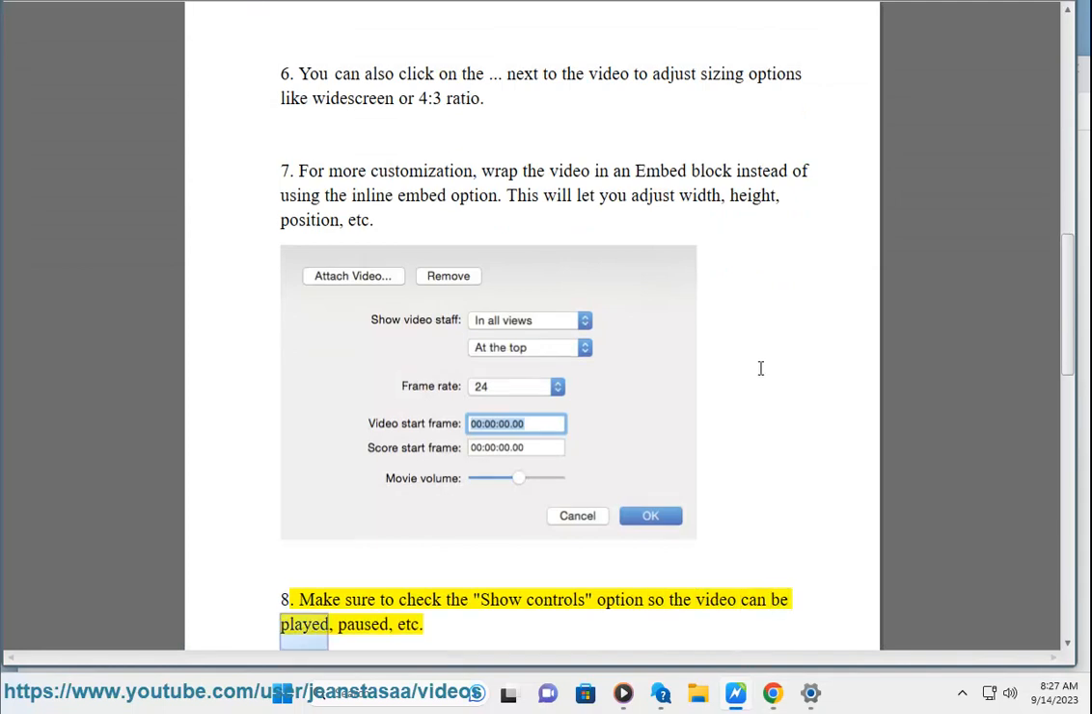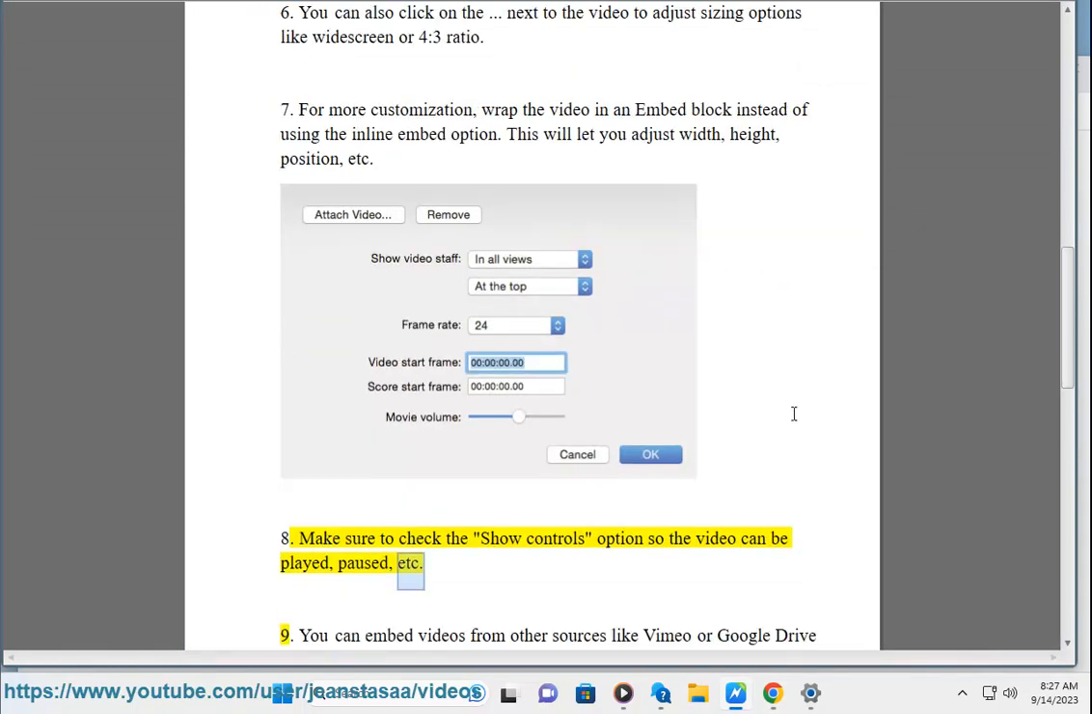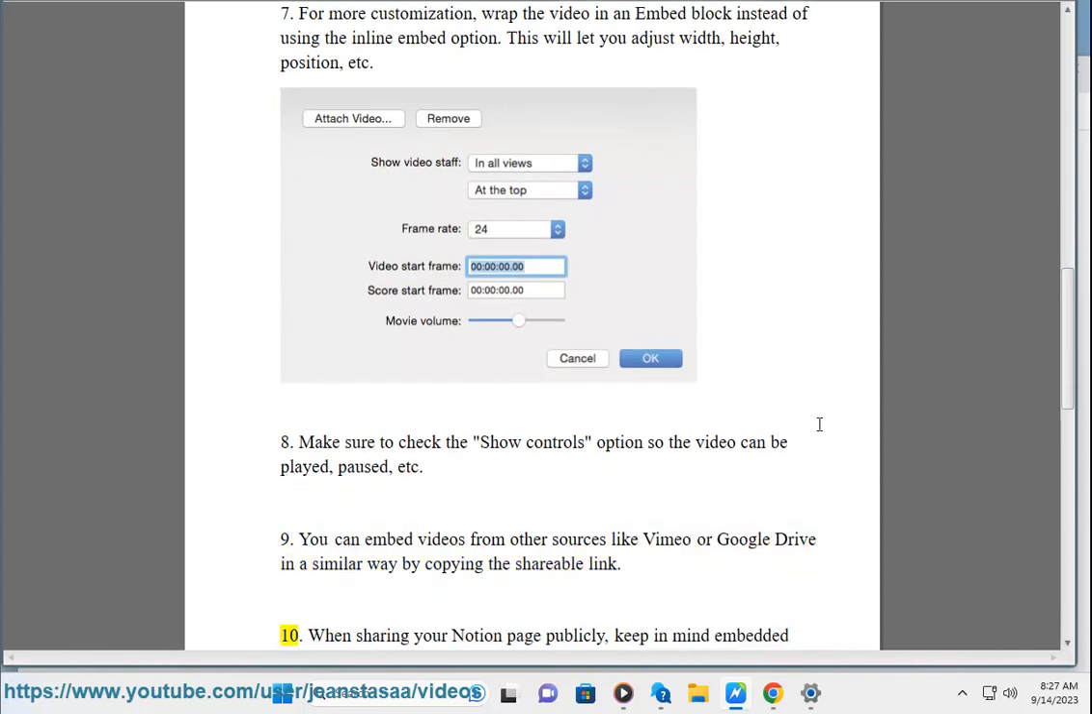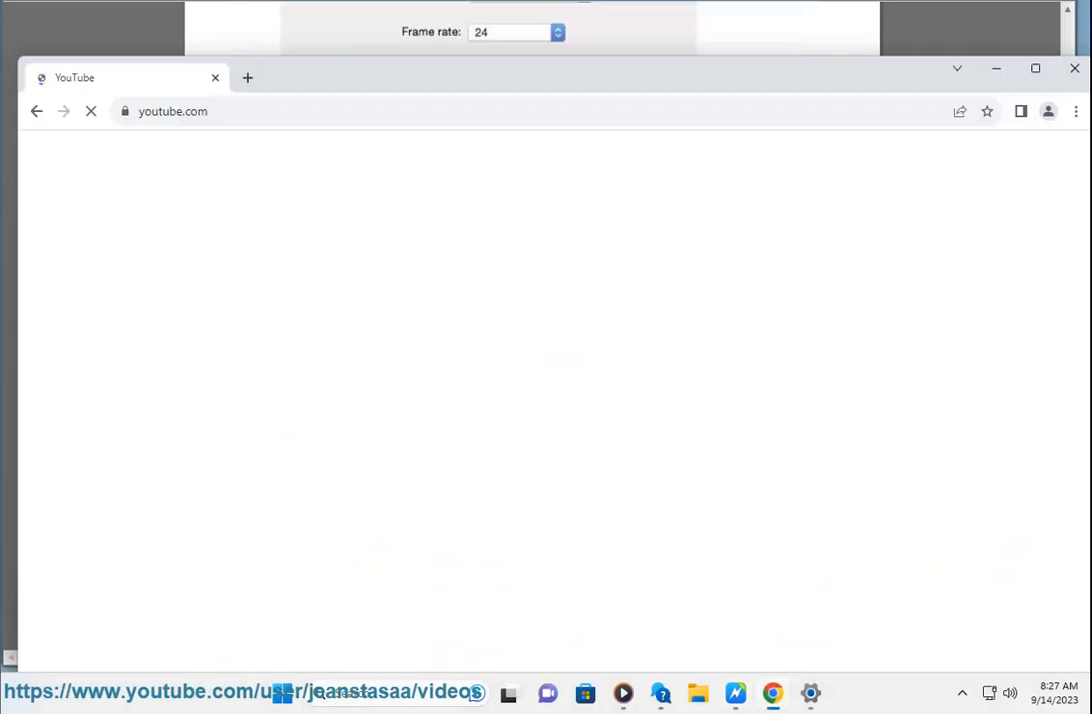8. Make sure to check the show controls option so the video can be played, paused, etc. 9. You can embed videos from other sources like Vimeo or Google Drive in a similar way by copying the shareable link. 10. When sharing your Notion page publicly, keep in mind embedded YouTube videos may not work for viewers